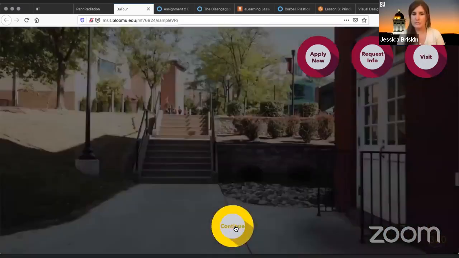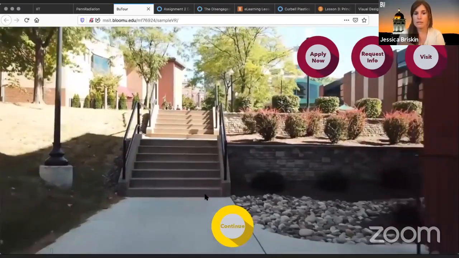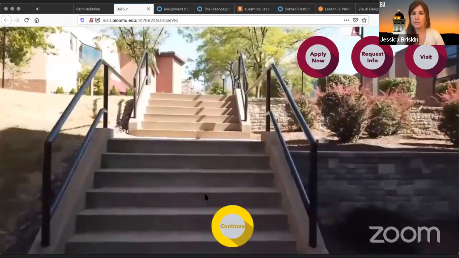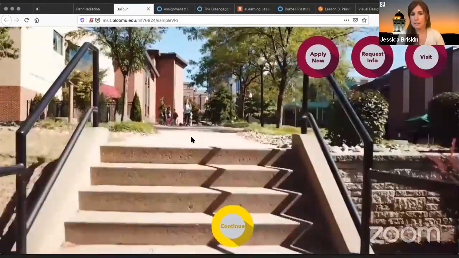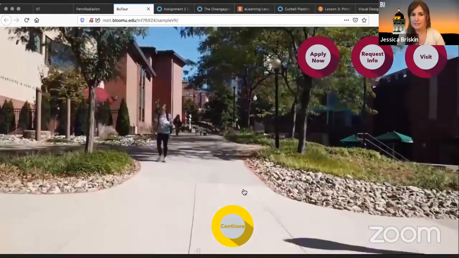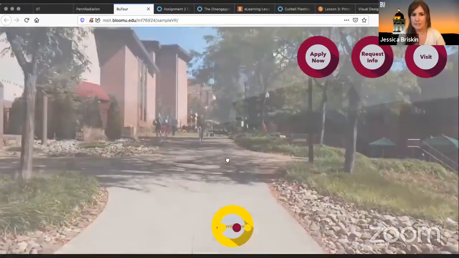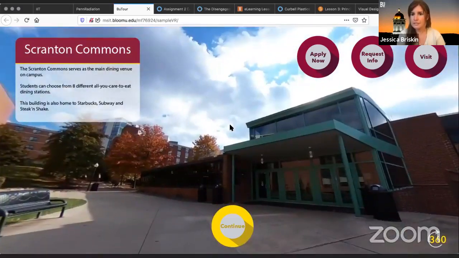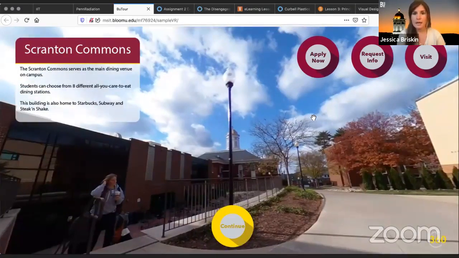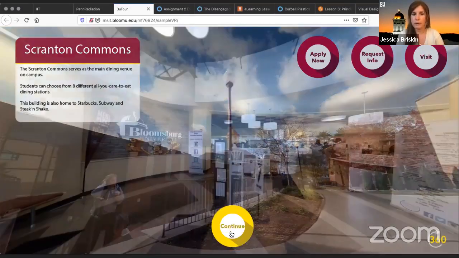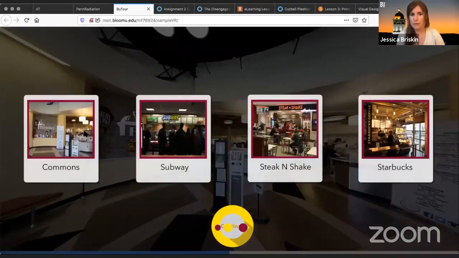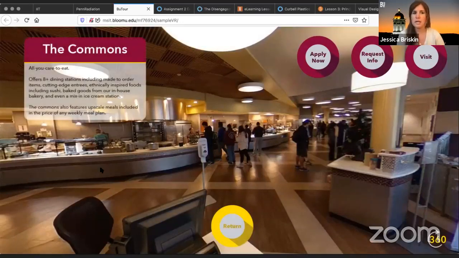Some of our graduate assistants worked on this, and so they went out with a 360 camera as well as a drone, and were able to take pictures. So you'll see students on campus, and in a second you can see the 360 camera as you can move all around and see what campus really looks like. And then you can request info, and there's different points in here that have little teaching points of what each of the commons is about, and different locations of restaurants. So they use a virtual reality software, 360 software, to develop this.